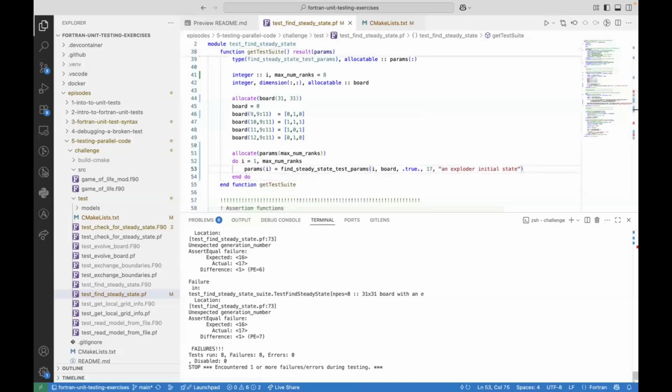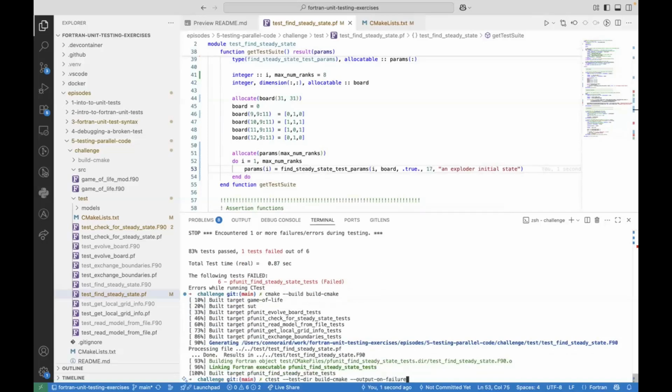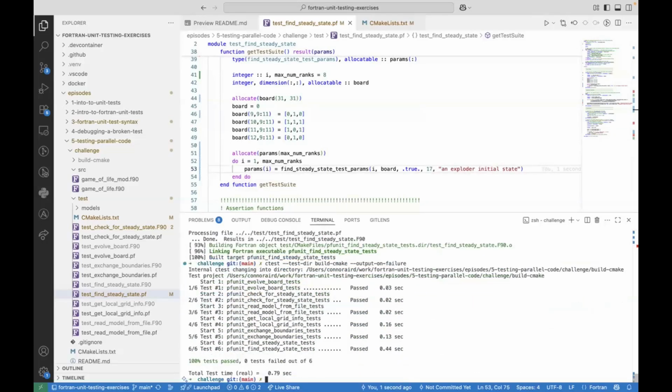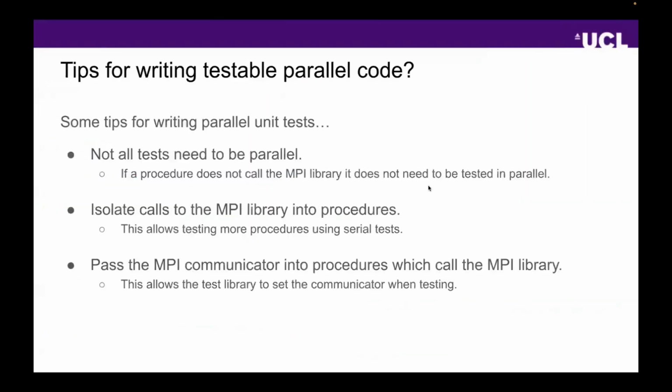So if I go fix the test again, and rebuild, things should pass again. Yes. Okay. So that is writing a parallel version of your test. So I just wanted, in the last few moments, to talk about some tips that I think I've seen from